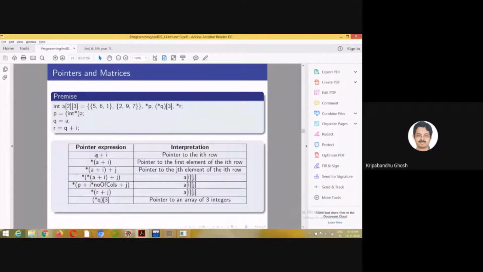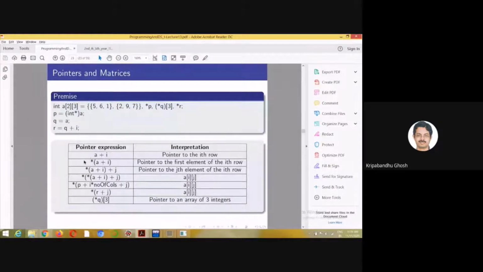A is the address of the 0th row, and star A plus i is the address of the first element of the ith row. These are similar at the address level, but at the interpretation level they are slightly different.